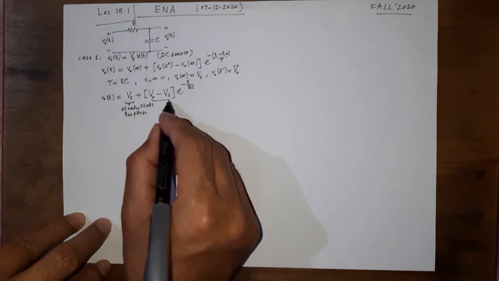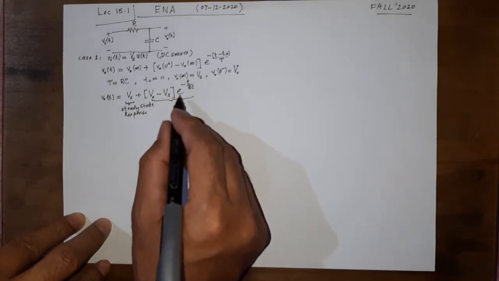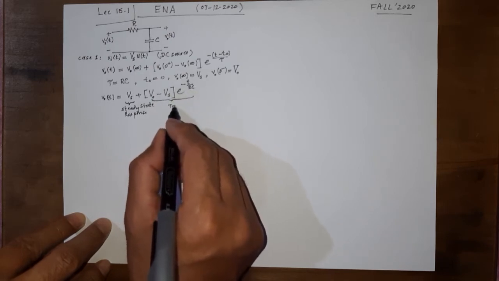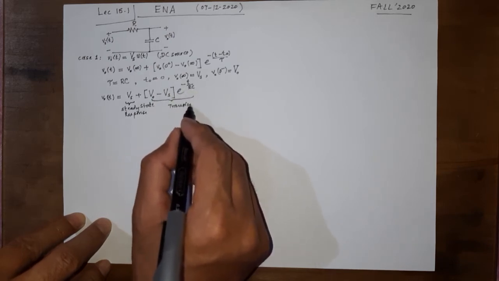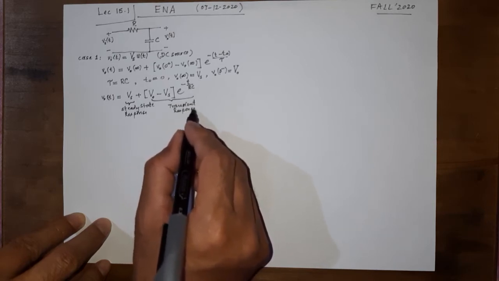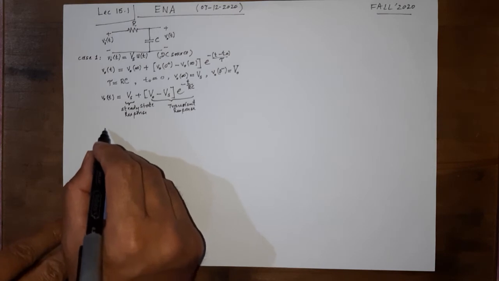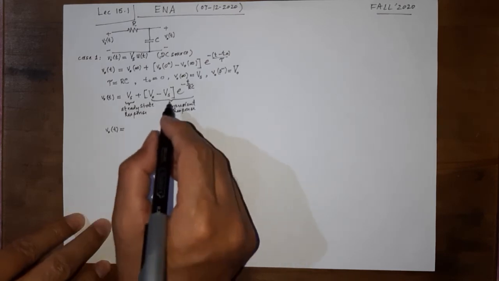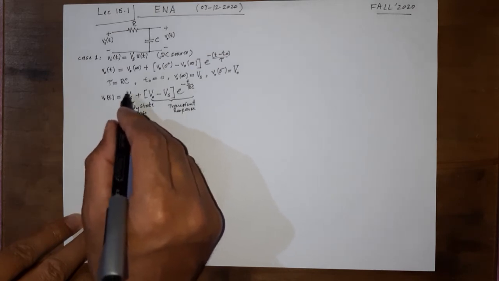And this part, as you can see, there is a decaying exponent here, is going to decay and vanish. It is known as the transient response. If we rewrite this expression V naught T, let me again remind you that if we just draw this part,